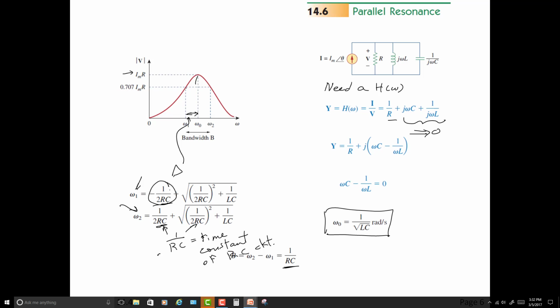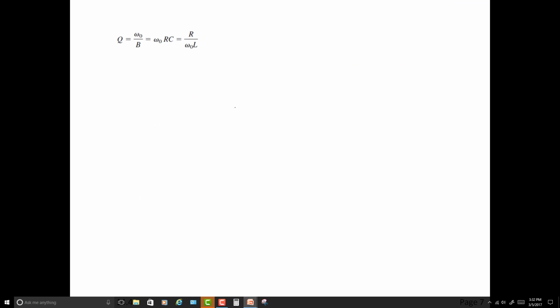So it's going to be twice that, which means the bandwidth is going to be 1 over RC. Okay, so let's go back to this. And we've got our omega 0 RC, bandwidth 1 over RC. And here we are right back to the same thing where it's omega 0 R over L, right? The time constant, or in this case, the inverse of the time constant. There's that